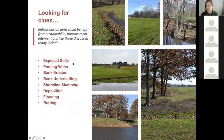So in terms of addressing issues on your site that can have causes that aren't even directly located in that property parcel, we really want to emphasize that what we do to start, and what others can do to start, is look for clues to where those problems might start to rapidly cause issues with loss of land or damage to the course. So when you're looking for these clues, you can really start to identify points where you see